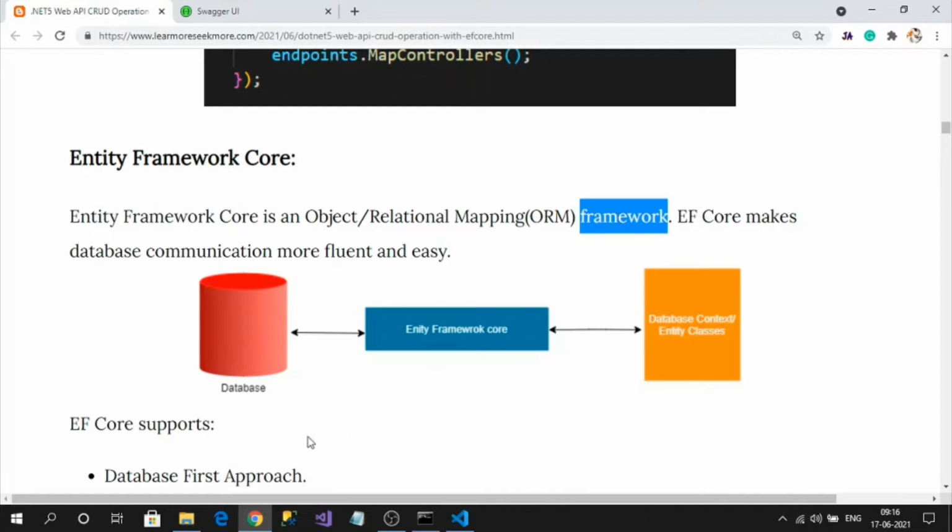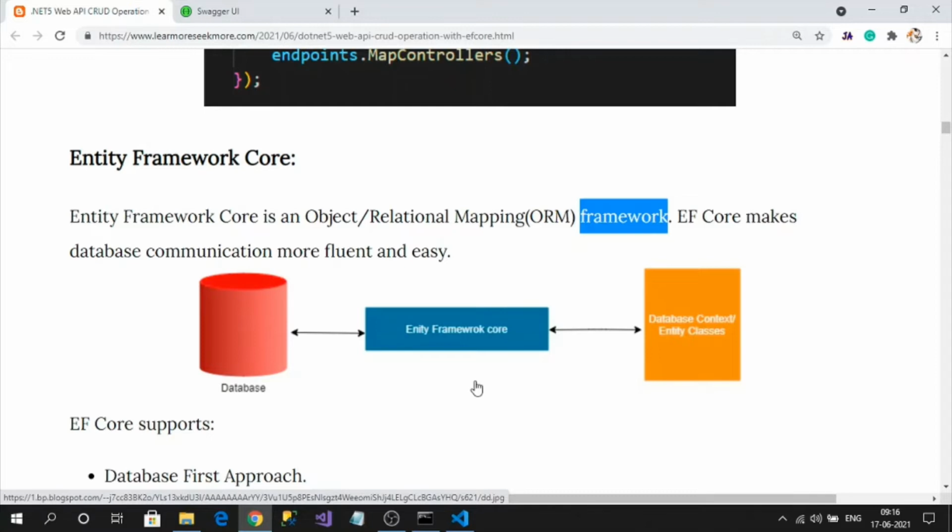If you observe this picture, this is our database and this is our application. Entity Framework is like a bridge between them. To consume the database in our application using Entity Framework, in the database we have tables.